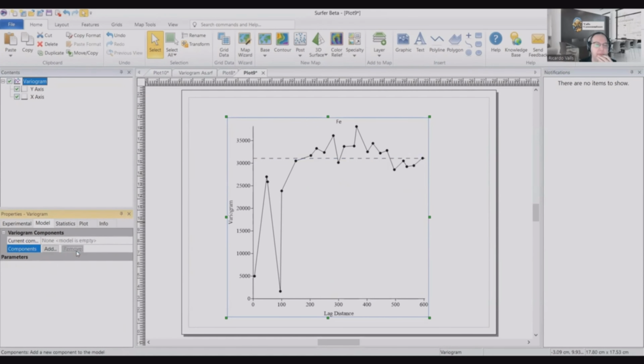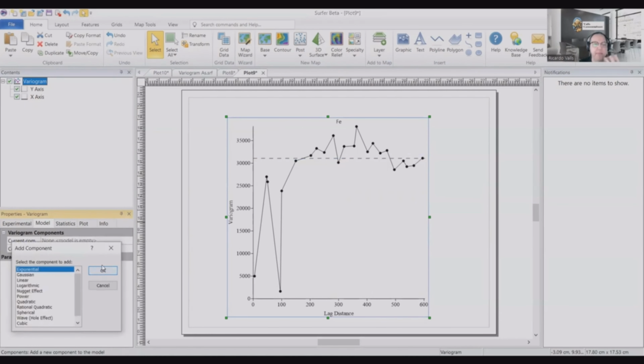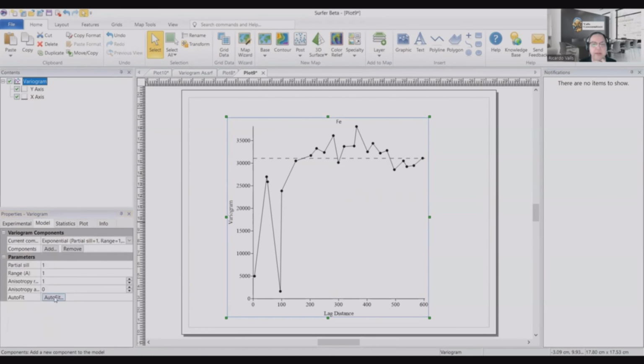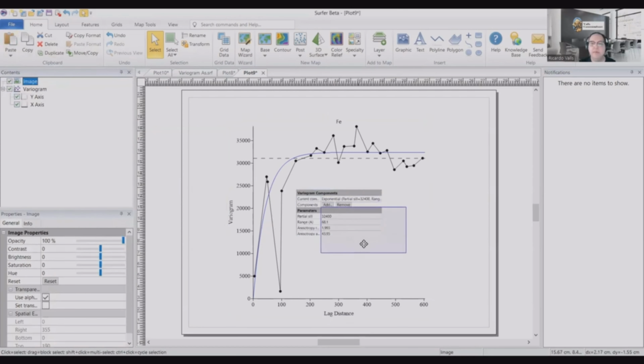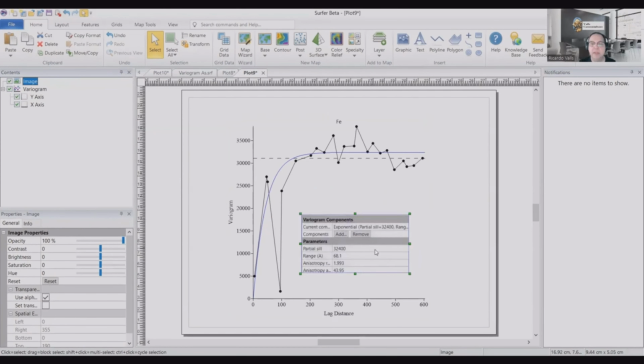I'm going to remove both, and I will try with an exponential line first. Okay, and I get a much, much better cut. I mean, this is perfect. I don't need to do anything else with that. So again, with my cutting tool, I cut this thing, copy and paste it. So for iron, I can see I have 43, almost 44 degrees of anisotropy. And this is how we do